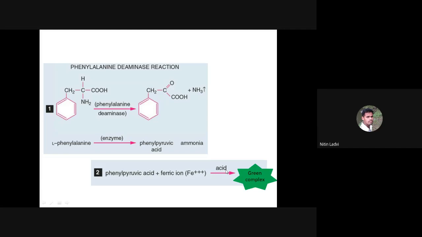Normally it is suggested that we use freshly prepared ferric chloride solution. Whatever we are using as a reagent for indication of this particular test, whether it is positive or negative, we should use the freshly prepared 10% ferric chloride.